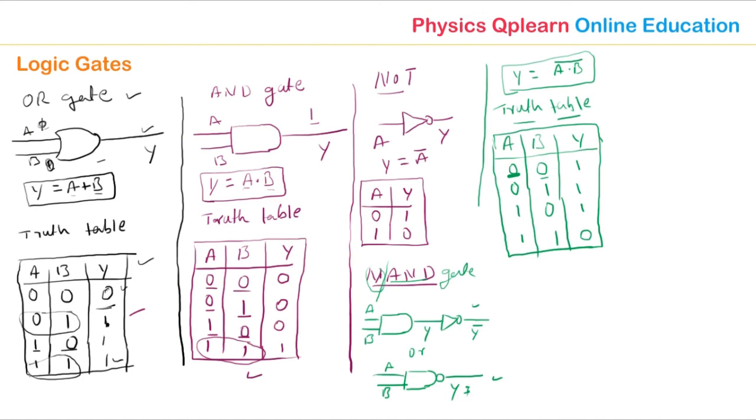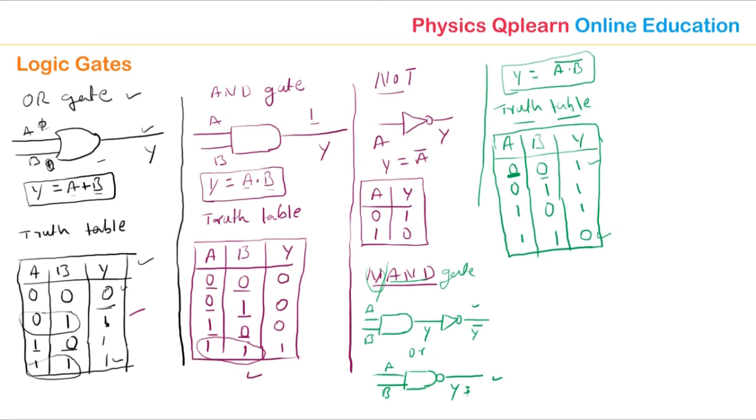Okay. And based on this NAND gate, we can say that when both the inputs are 1, that time the output will be low. The output of the NAND gate is 1 when either both inputs are low or any one of the inputs is low, then only the output is 1. I will clear my point.